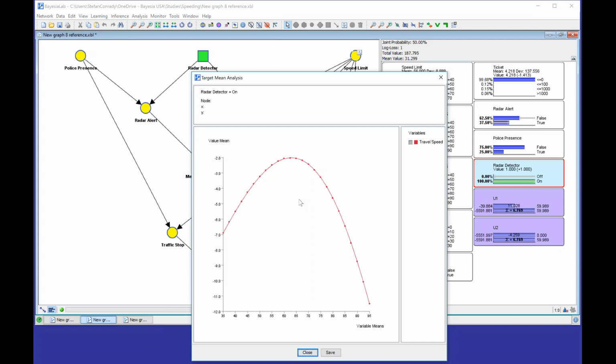So and this is intuitive. Given that I have the radar detector, I can go a bit faster. But still, as I go beyond a certain threshold, as I go beyond 70, 75, even the radar detector won't really protect me sufficiently against the adverse effects of getting caught speeding. So those are the things we can now analyze.